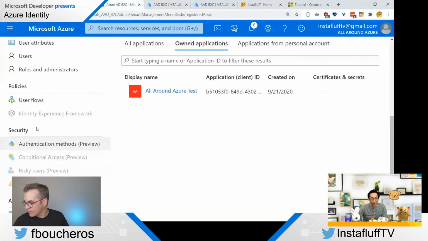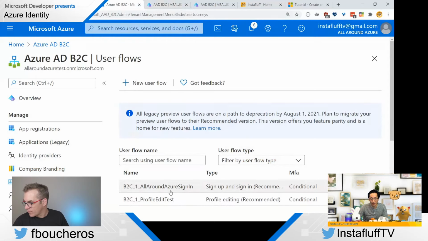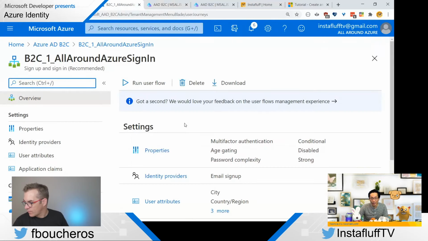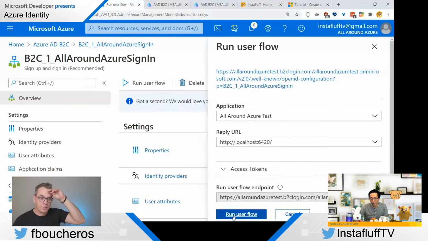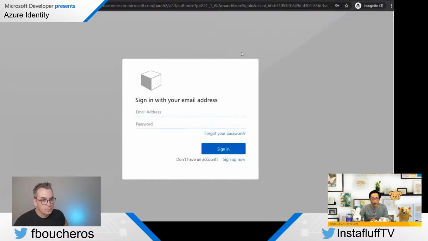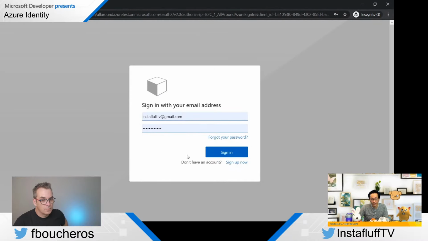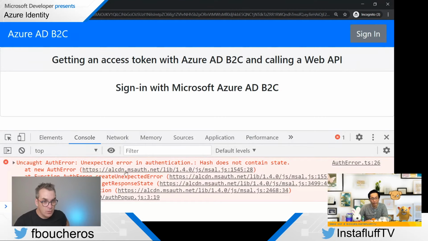I'm gonna go back to user flows, and then I'll run sign in, and we're gonna try running this user flow again in an incognito. And let's try it. Sign in. But even playing in incognito, even that page now is not working anymore.